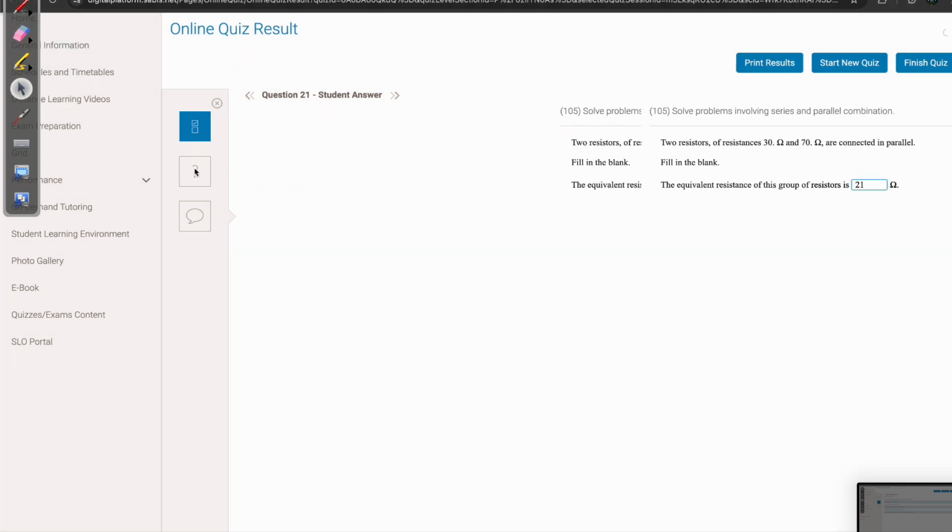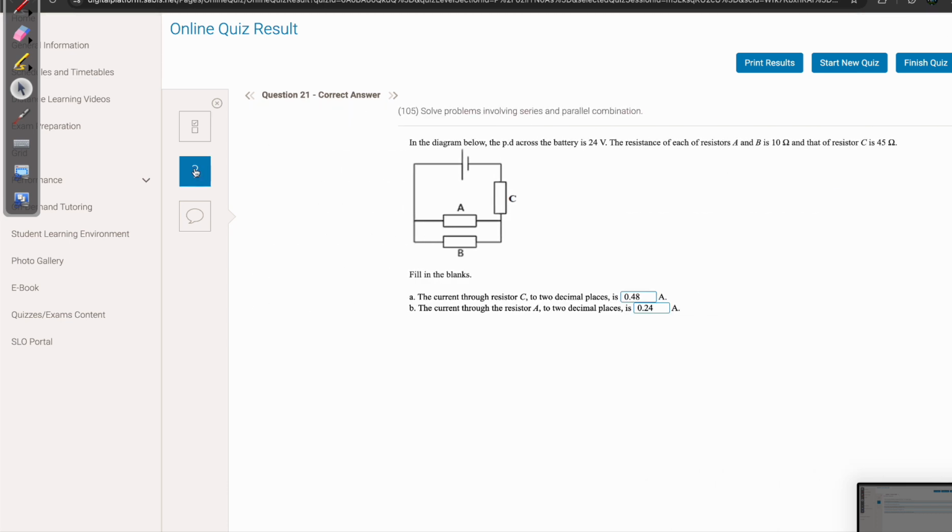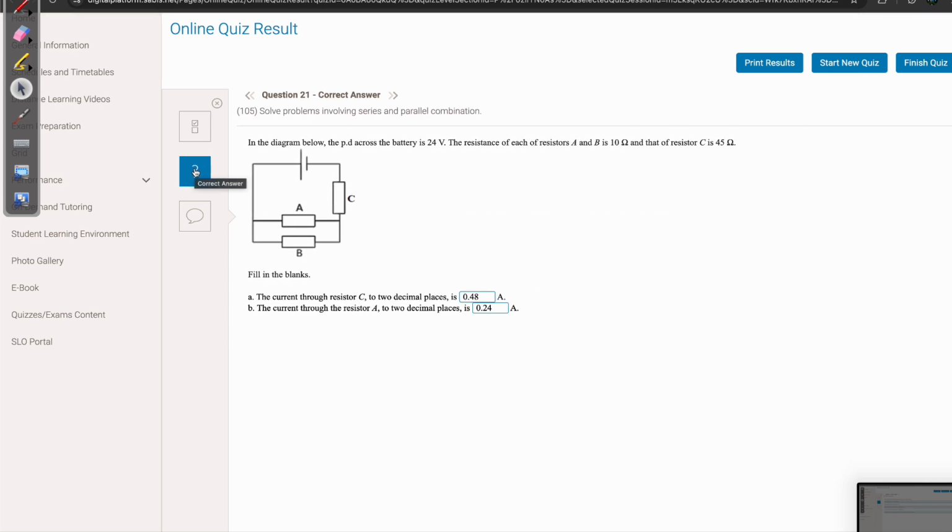Number 21. In the diagram below, the PD across the battery is 24 volts. The resistance of each of resistors A and B is 10 ohms, and that of resistor C is 45 ohms. Okay, look, this question is wrong, actually, so I'll just put the correct answers. Over here it's 4.8, and over here it's